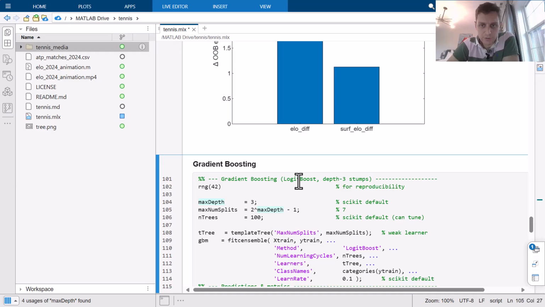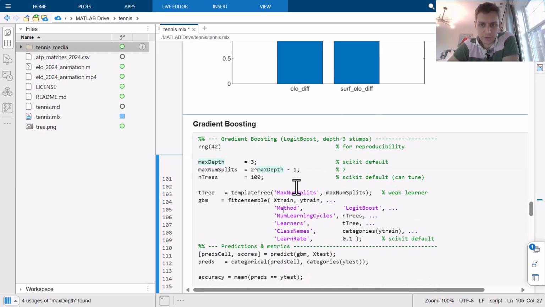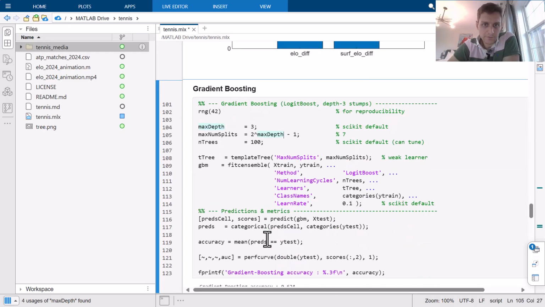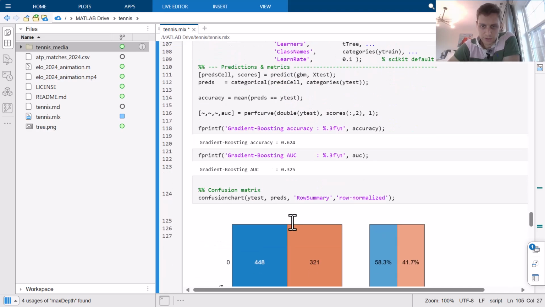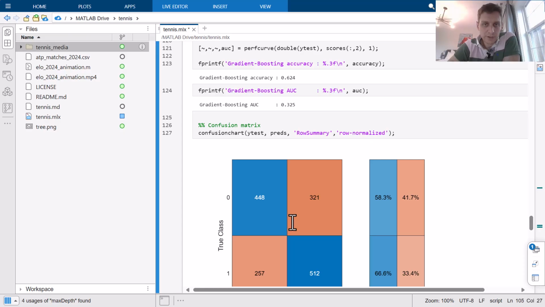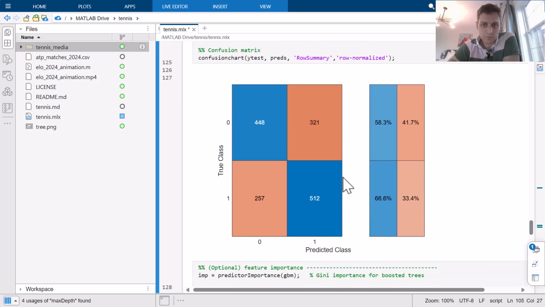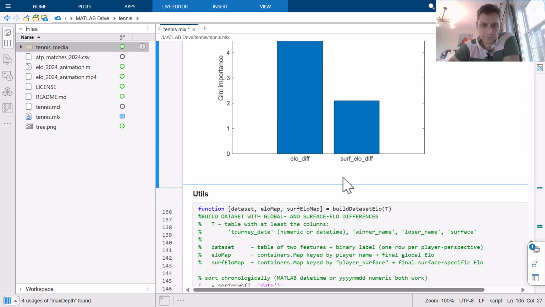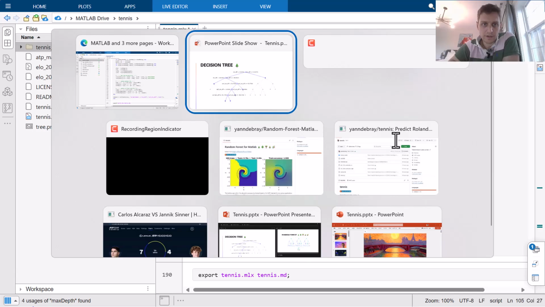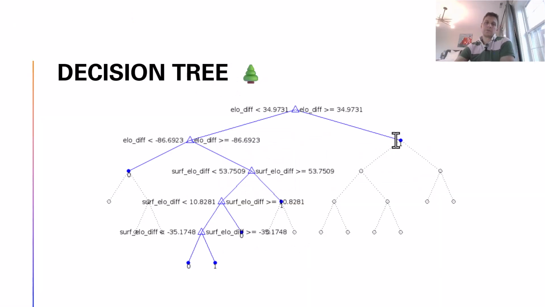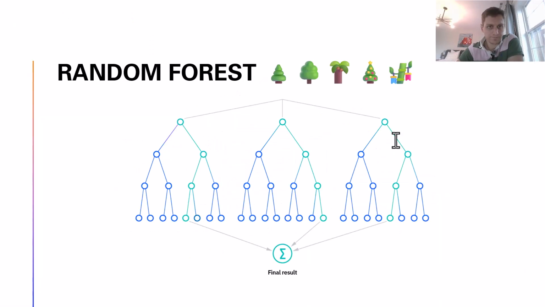So the LogitBoost, I was using the AdaBoost in the learning app, but this one is a different one. So let's see, 62% as well. So yeah, typically the random forest and the gradient boosting approach have both been very performant. Okay, so that is it, and you'll be able to replay all of this from my GitHub repo.